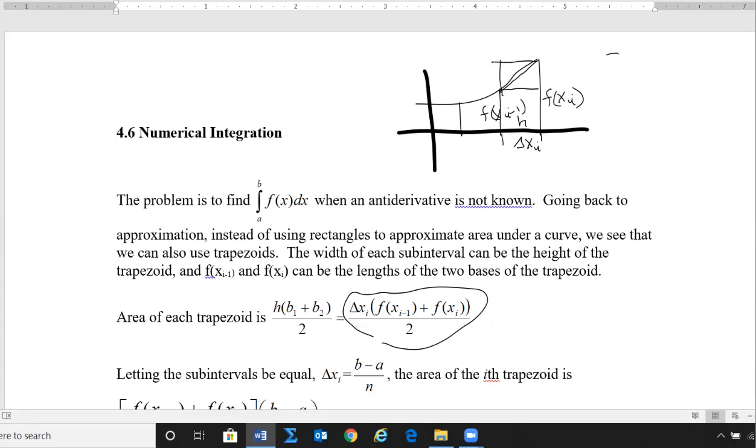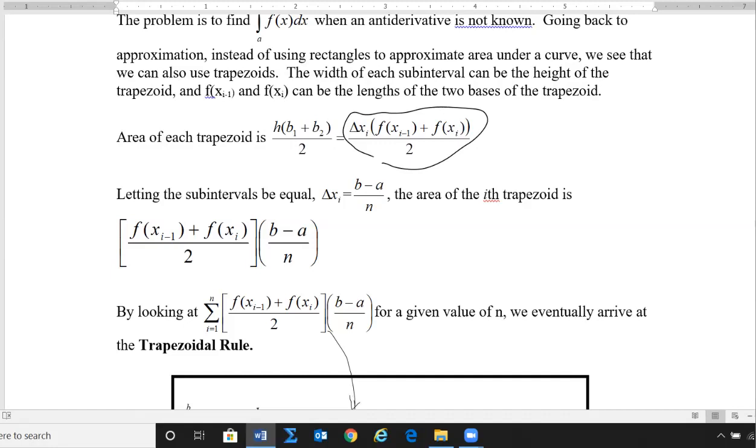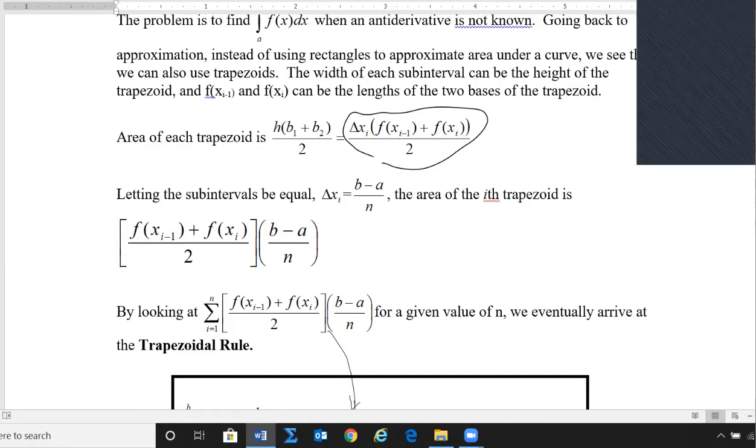If it's much more curved between each one, you will have an excess, or if it's concave down, you'll have a loss of the area. So, of course, increasing n removes those gaps, but for the same n, a linear curve would lend itself better to the trapezoidal rule. Okay,